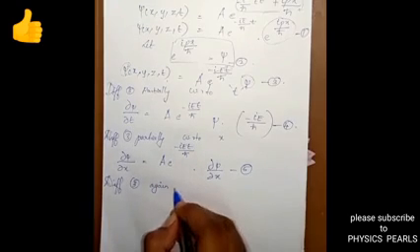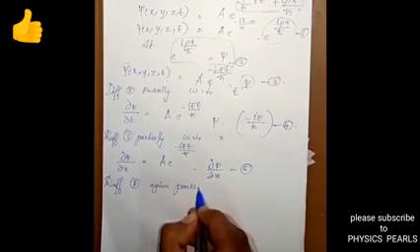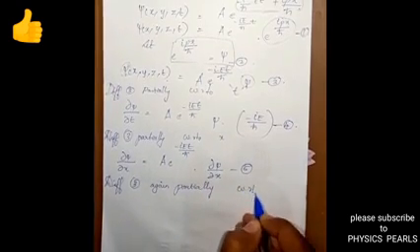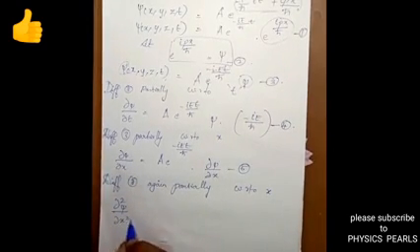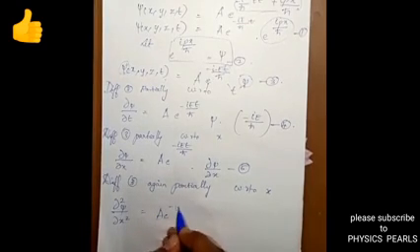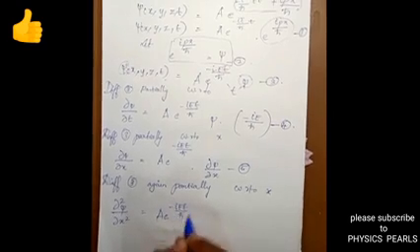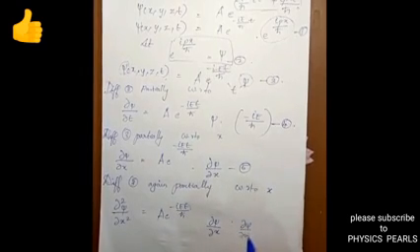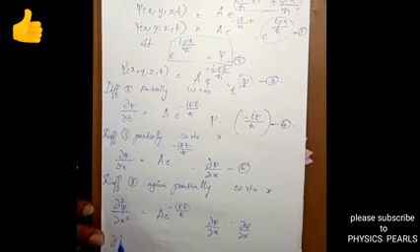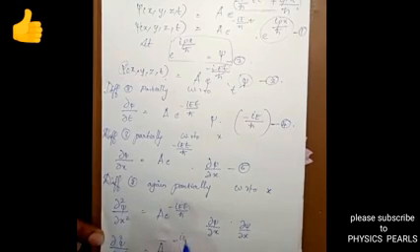Now we are going to differentiate equation number 3 once again partially with respect to x. So now it takes dou square psi by dou x square equal to A e power minus iEt by h cross, and again dou psi by dou x into dou psi by dou x. That is, dou square psi by dou x square is equal to A e power minus iEt by h cross into dou square psi by dou x square. Let this be equation number 6.